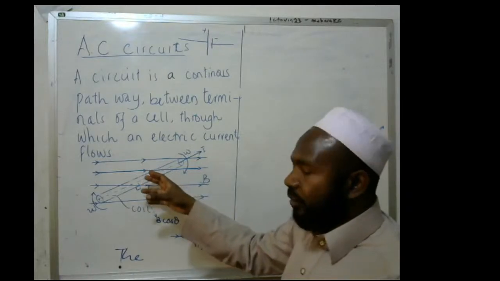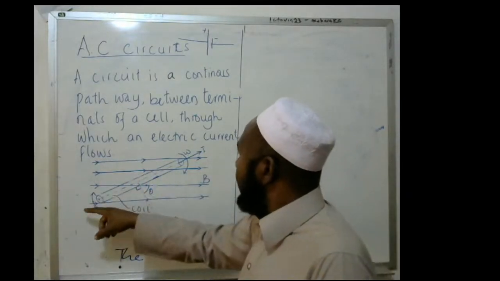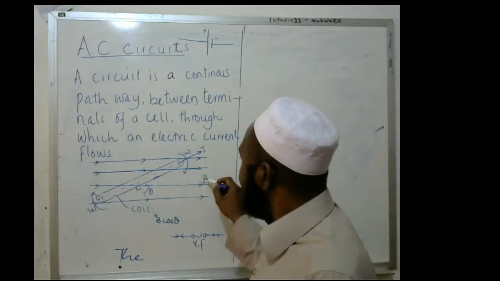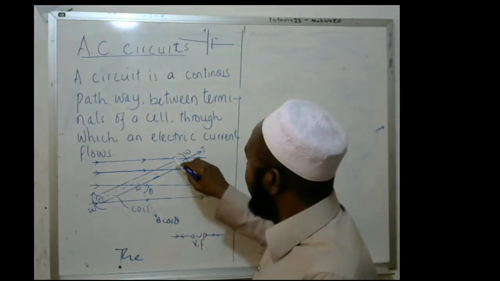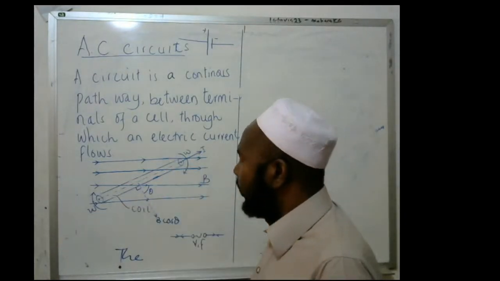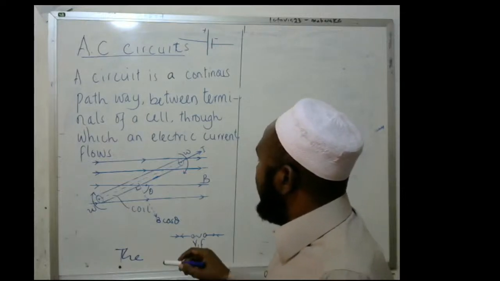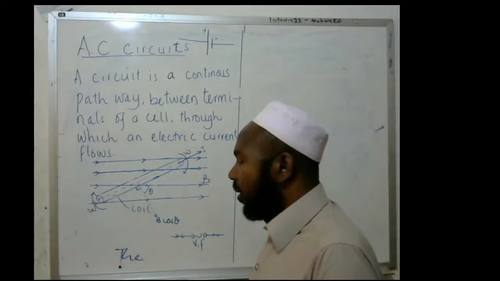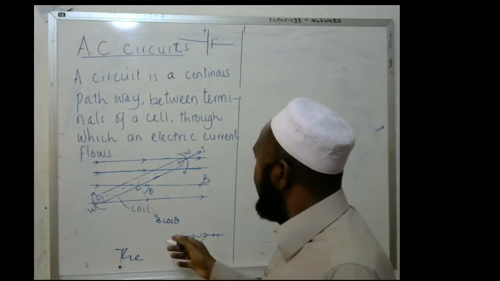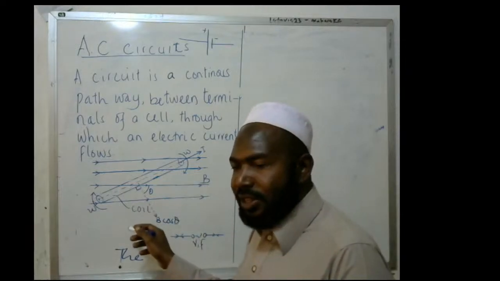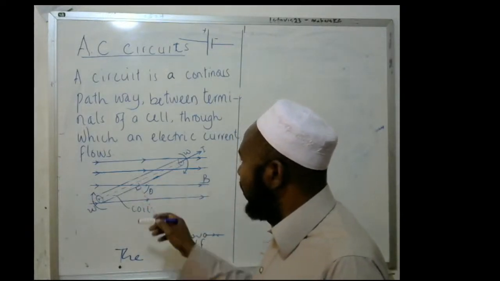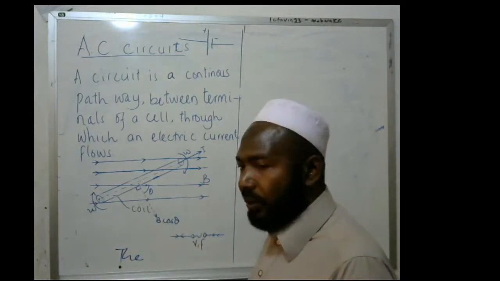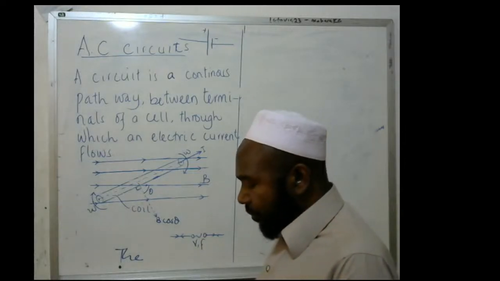Now, look at the circuit here. We have a coil that is placed in a magnetic field, the flux density B, and the coil is rotating at angular velocity W. Now, the angle the field makes with the normal is theta, and therefore the component of the magnetic flux density normal to the coil is going to be B cos theta because it is adjacent to the coil. And therefore, from Faraday's law,